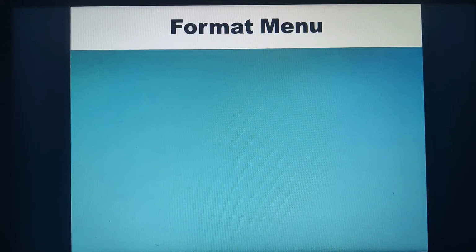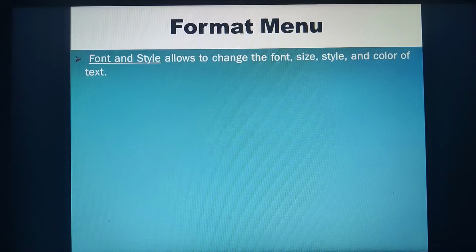Let us continue with our chapter, that is word processing. So here in this video class we shall discuss the format menu. So what exactly is formatting? Formatting is nothing but it will allow you to change the appearance of the text. You can change the font size, the font style, the coloring. You can apply different formattings like bold, italics, underline. You can make changes to the appearance of the text. That is what formatting is.